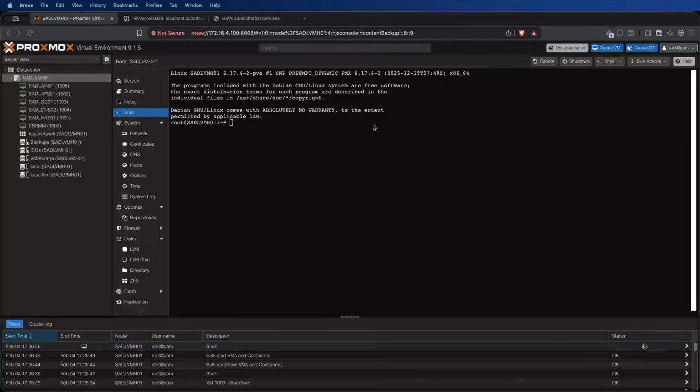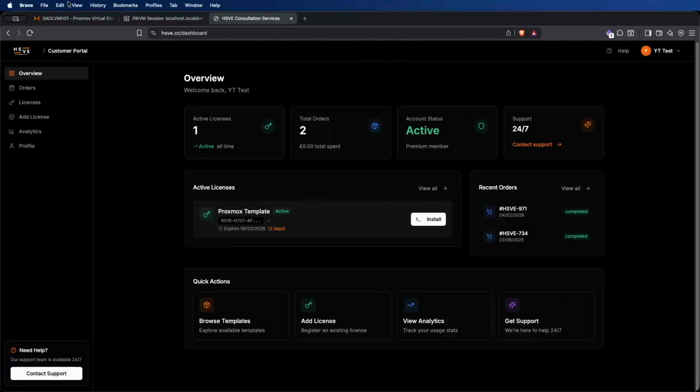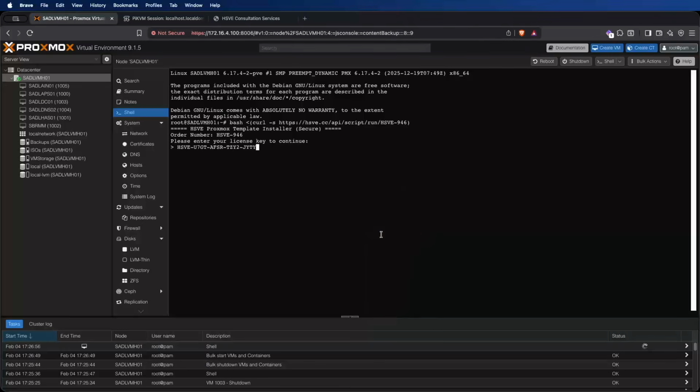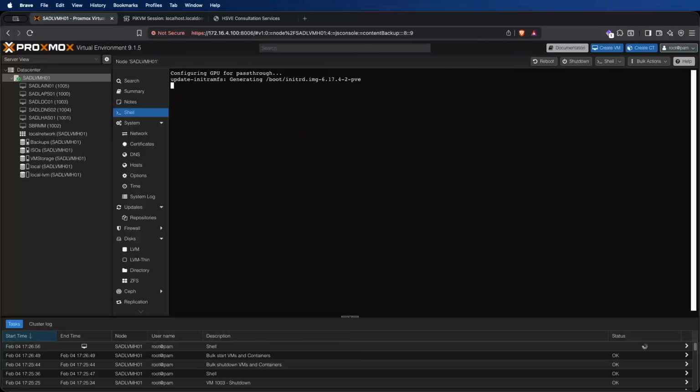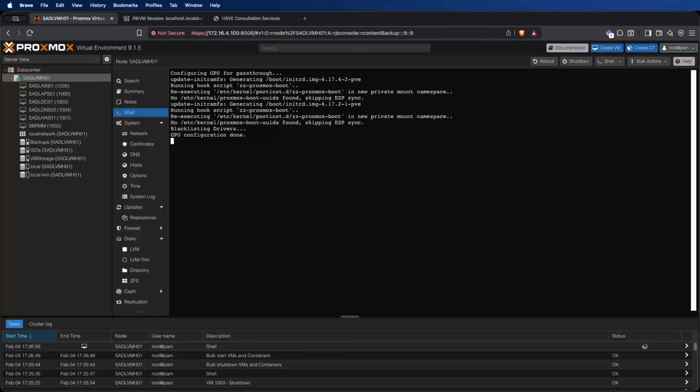So I've rebooted the system now, so you can see we're back on the shell again. Next is to rerun the script again. I'll just grab my license key because we're going to run step 2. Step number 2 is simply going to configure the GPU now for pass-through. Now there is a manual step that we unfortunately cannot automate with the script, but I'll go through this with you. It's relatively straightforward and there's not really much you can mess up. Once it's done this step, it shouldn't take too long at all, we'll get onto